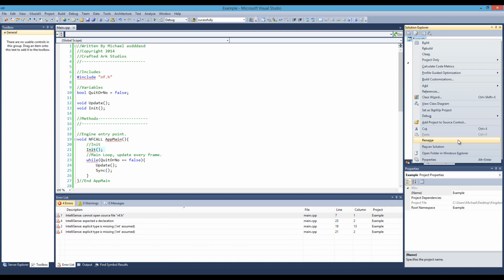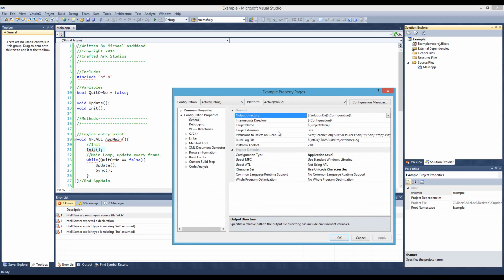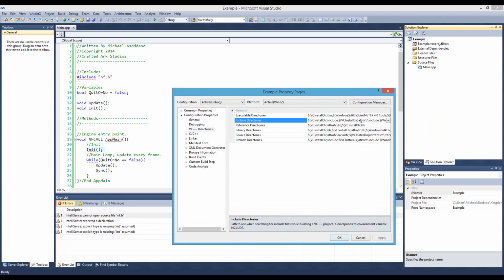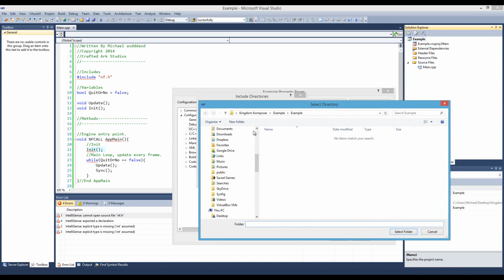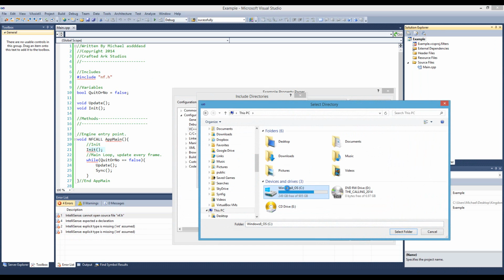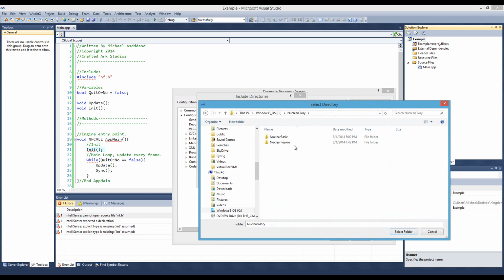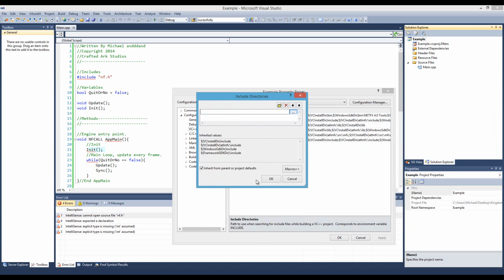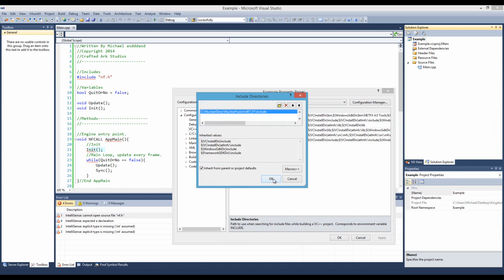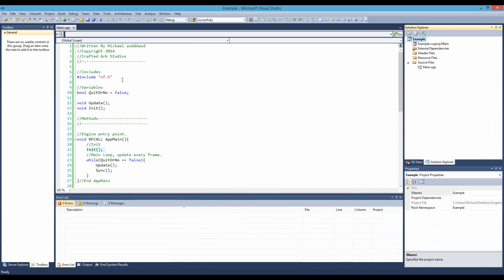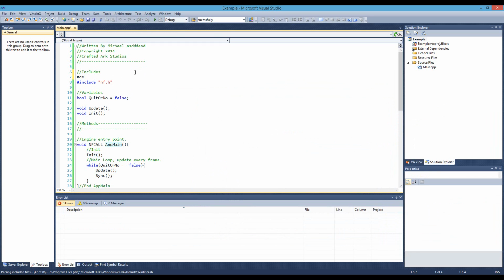So let's go ahead and go to the project or the solution. Right click and then go to properties. VC++ directories and include directories. Click the drop down, press edit, and load in where you have your stuff. Which for me is right here. Right there. Oh, I actually made a mistake. It has to be under here and in here. Bam. Now that error should go away, and we should be able to do this with a little bit of help here. So define